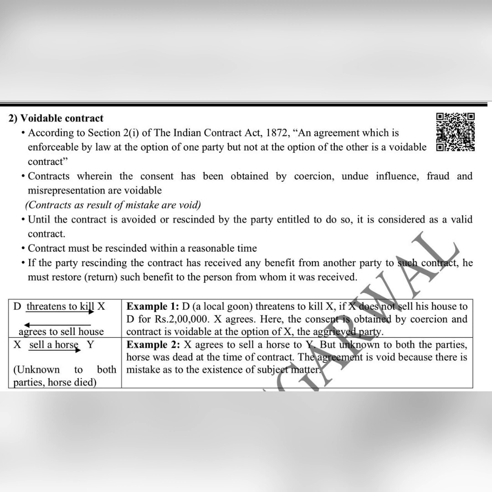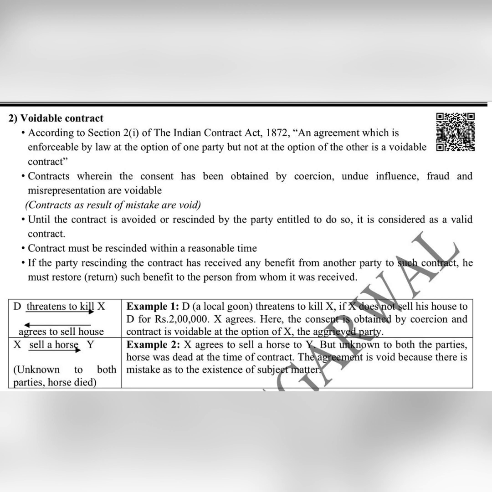Ma'am, how will we understand whether a contract is voidable or not? See, you can't choose that option on your own. Whether a contract is voidable or not will be given in the act. So up till now, just remember that contracts where the consent is obtained by coercion, undue influence, fraud, misrepresentation are voidable, and contracts where the consent is obtained by mistake are void. The option voidable will be selected only when it is mentioned in the act. So if you are very sure that the contract is voidable, because it is given in the act, only then will you select this option in the exam. Otherwise you will only choose between valid and void contract.